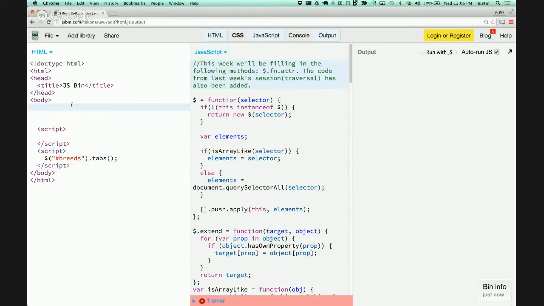So we need some HTML for this, and I'm going to do what is called progressive enhancement, meaning my widget isn't going to create the HTML, instead my page responds with valid HTML that JavaScript progressively adds rich behavior to. So in my page's HTML, I'm going to put the tab buttons in a UL. I'm going to have a UL here, that's my breeds. It's going to have a few LIs that represent each tab button. So I have tab href,